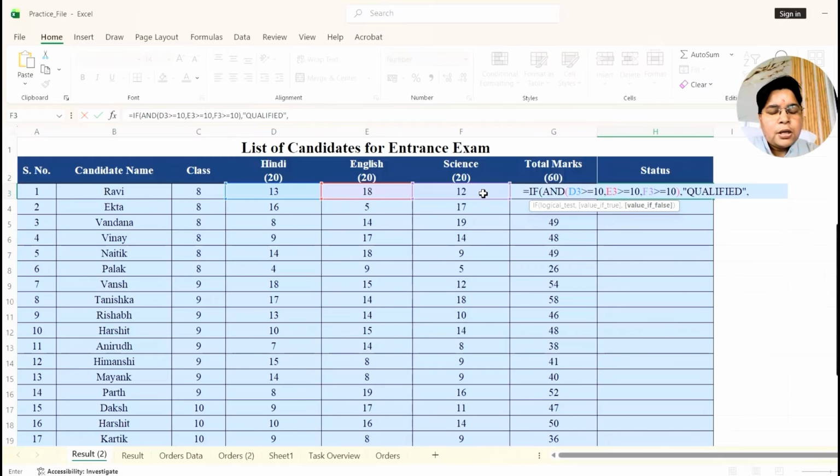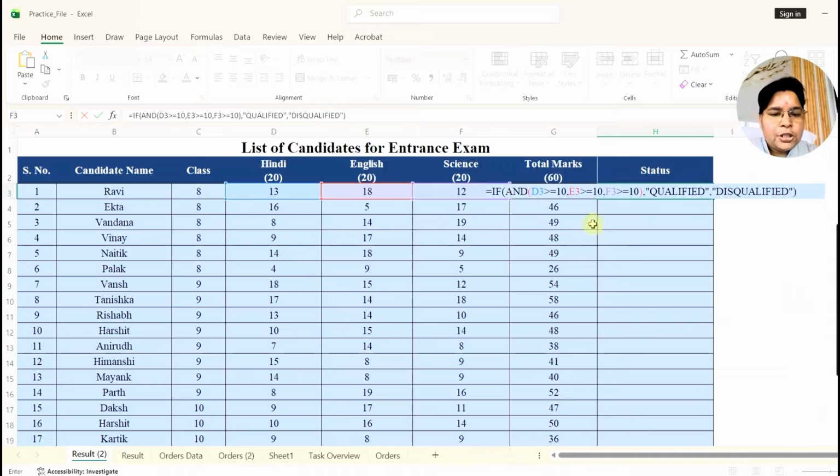In the last, the message will be displayed for the false condition, which means if in any subject students are not able to gain 10 marks, then he will be disqualified. So type disqualify within double quotes, then close the double quotes, then close the bracket.